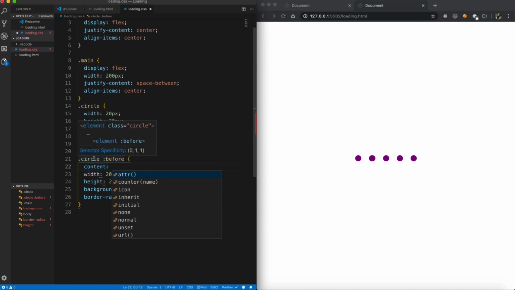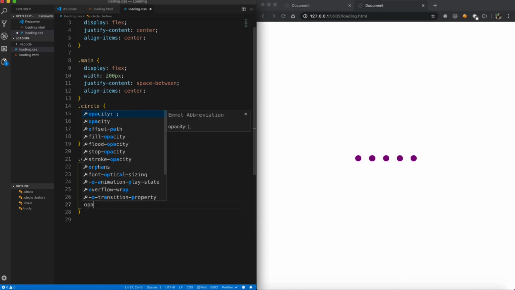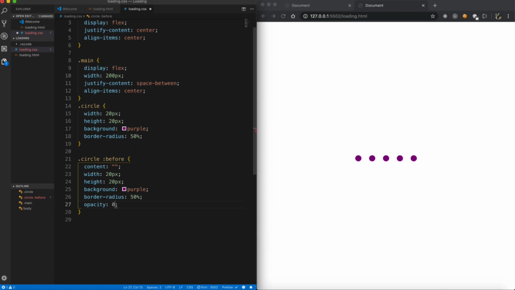Right now we are talking about the circles. We don't really want to insert any content, so I'm going to give this empty. But we want to have another circle that's actually sort of behind this. That circle also has the same dimensions. It has the same background and everything. But if you look at this one, it's lighter purple compared to this one. So it's the same purple, but I'm going to give it an opacity of, let's say, 0.7 or something.